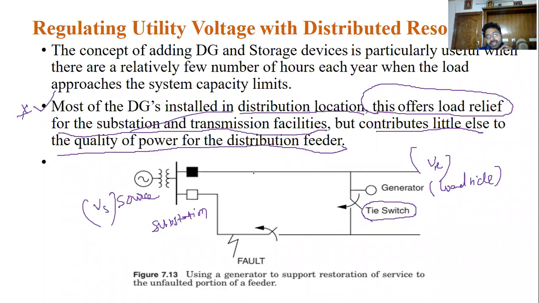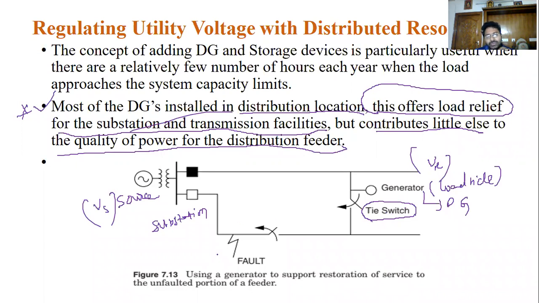Whenever there is a fault in the line, what will happen? So when you turn on this DG, a distributed generator, remember this DG is not the diesel generator. DG means a distributed generator. These distributed generators can be diesel generators, some fossil fuel generators, or gas plants. They are located near to the load locations. So the tie switch, nothing but the on-off switch, is also located near to the distributed generators.